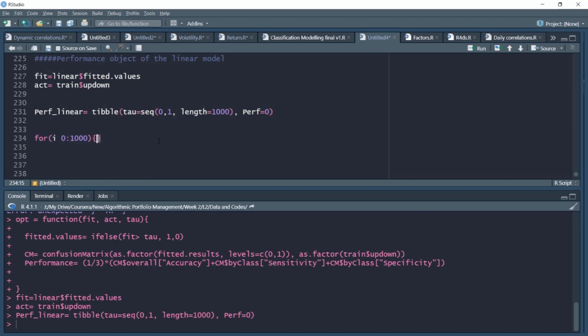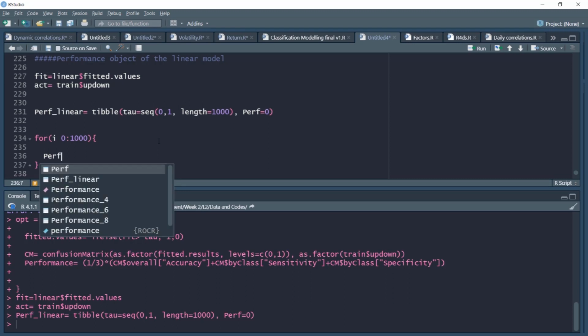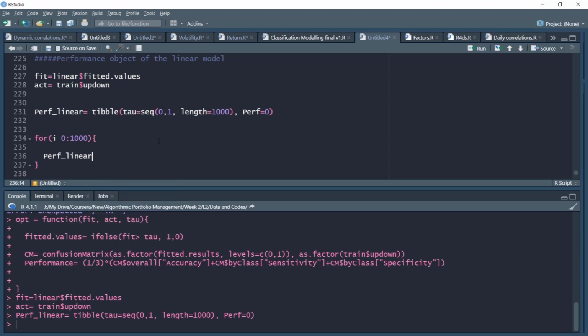Now the code is very simple here. It's a very simple code. Just notice, I have my performance object, performance underscore linear object, and in this performance, for each I, remember the I moves from 0 to 1000. In each